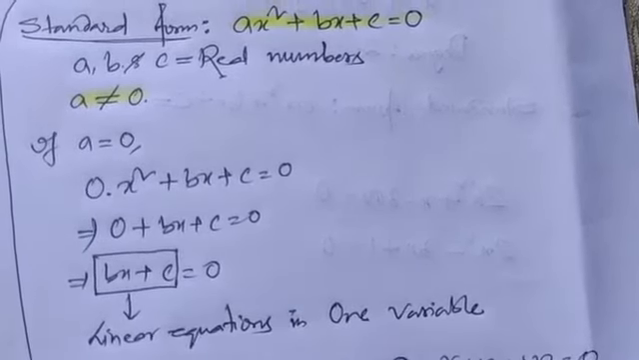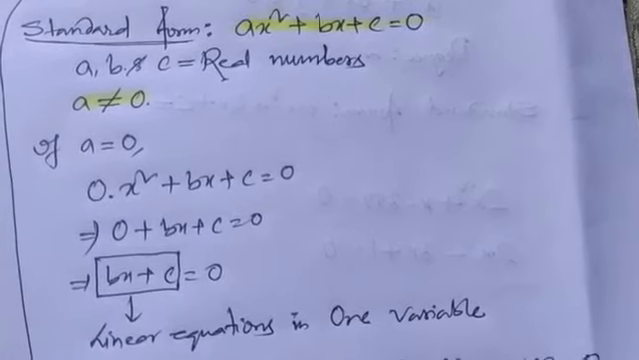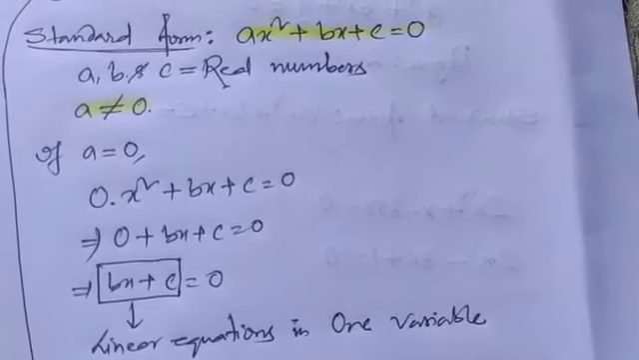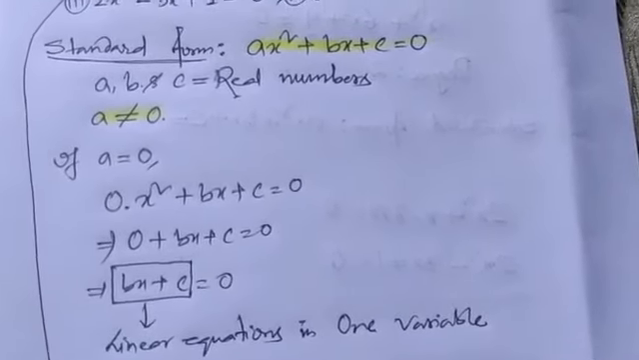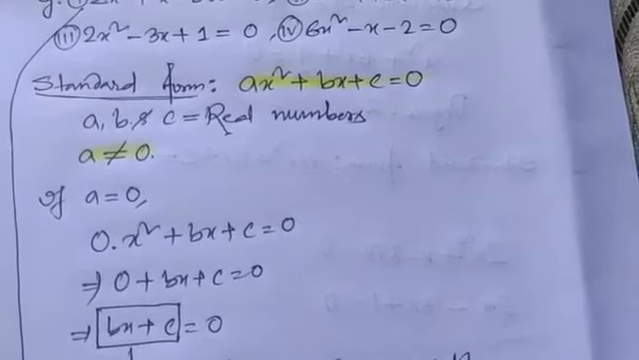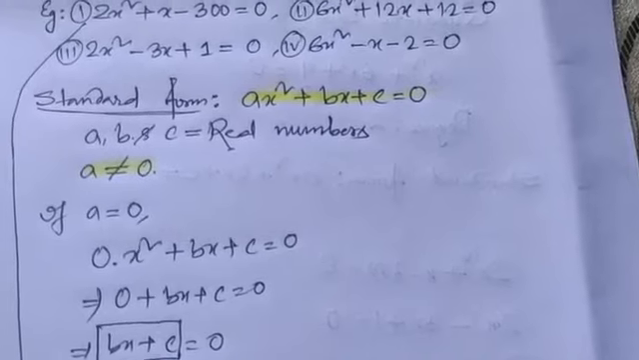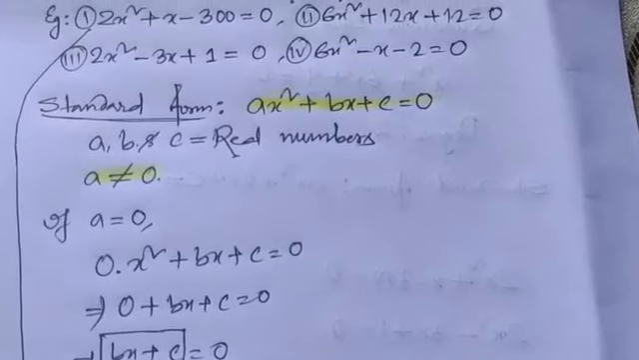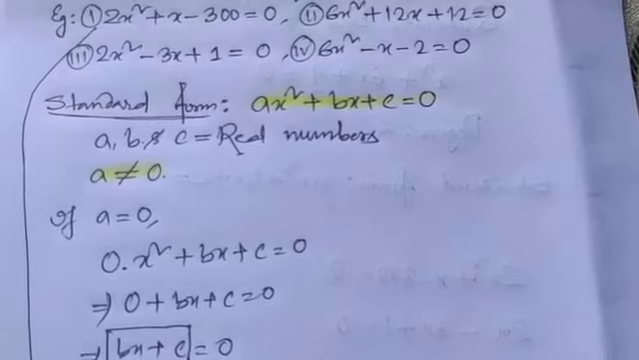Because of that main important condition. If we put a is equal to 0, then any quadratic equation will become a linear equation. So for any equation to remain a quadratic equation, a should never be 0. Okay,